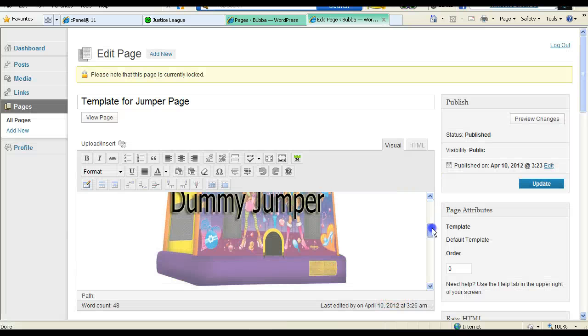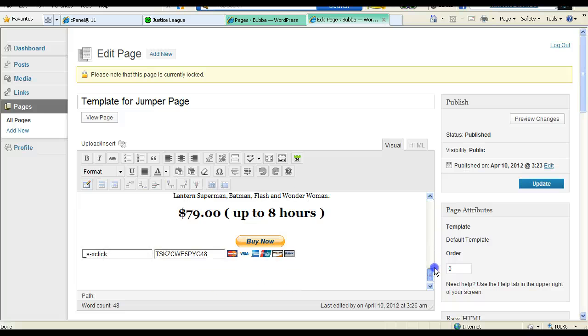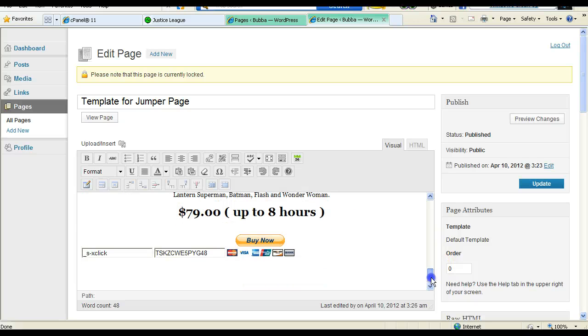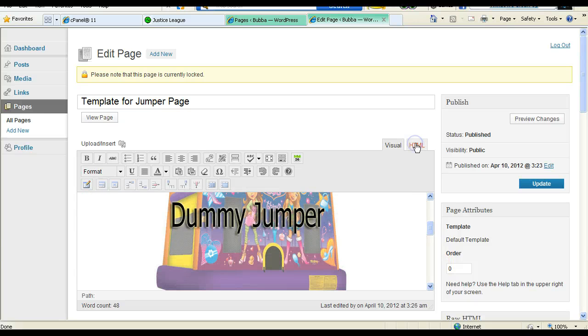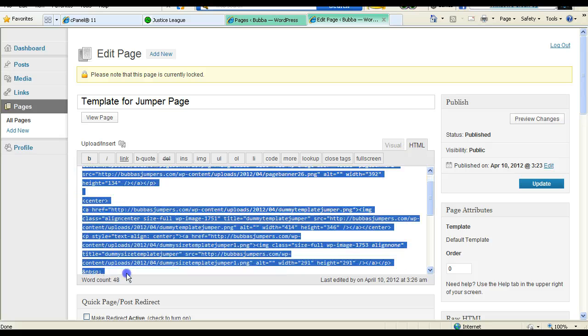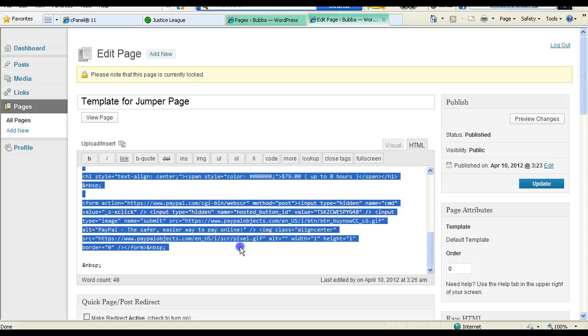You can see here that I have a dummy picture in a dummy size, and then the Justice League description. What you want to do is click on HTML to show the code,